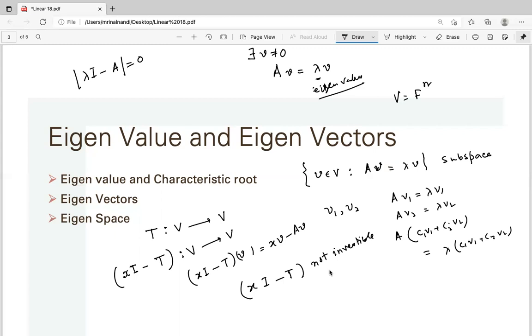So it's a more general definition. So if xI minus T is not invertible for that x, then that x is called the characteristic value of that linear operator T. And if V is finite dimensional, this idea actually merges with the idea of characteristic root